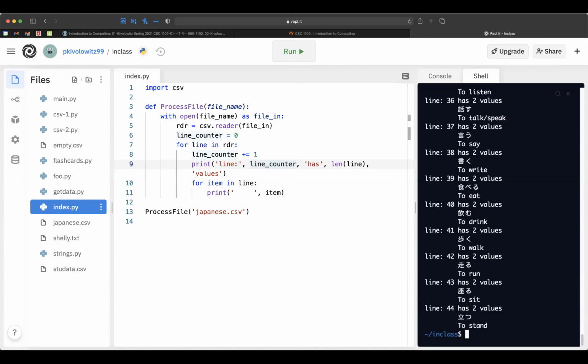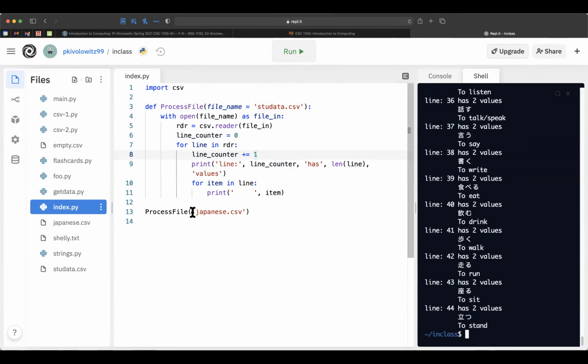I can also specify a default value for the parameter. Let's call it equals studata.csv. If I run this now, I will get exactly the same result. Let's prove that. It's still Japanese.csv.